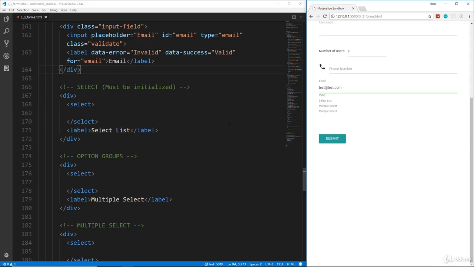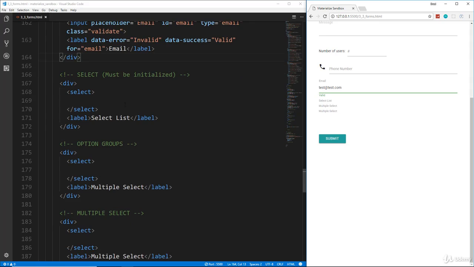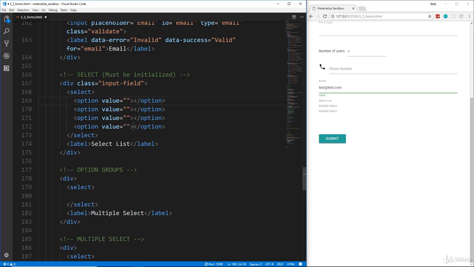Next, we're going to look at select lists. Okay, now what I'm going to do here is we just have a div. Let's give it the class of input field, and let's give this select some options. So we'll say option, actually, we'll just add option times four, tab. And for this one, it's going to be disabled because it's just kind of like the title. We're going to make it selected by default, and it's just going to say